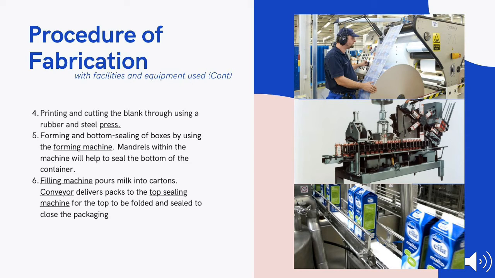The mentioned press paints and cuts the blanks to send them to dairies. At the dairies, the next step includes using a forming machine and its mandrels to open the boxes and seal the bottoms of the containers. After that, a filling machine nearby pours milk into newly sealed cartons, passing them through the conveyor to the top sealing machine, where the tops are folded and sealed, and the packaging is ready to be